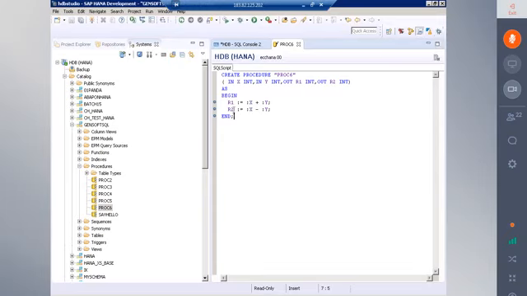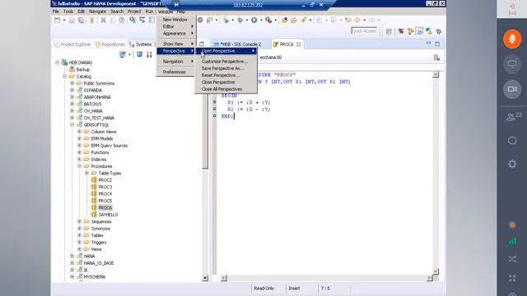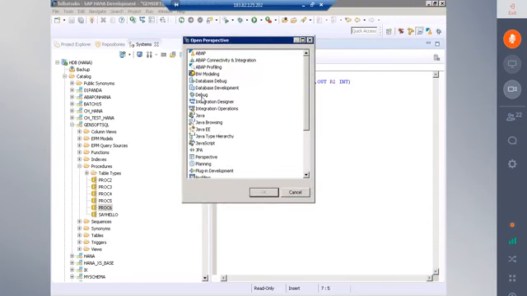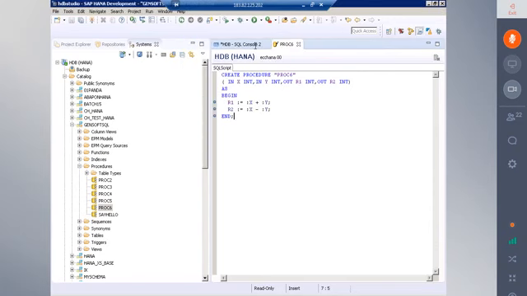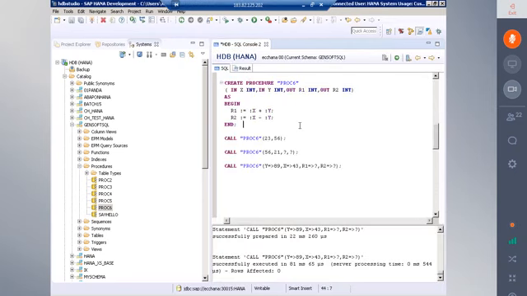Otherwise, how do we shift the perspectives? We'll choose the menu Window, Perspective, Open Perspective. From here I can choose Debug, or you can go to Other and select from there also. Anything is fine. Okay, I repeat once again. Let me close this. In order to debug any procedure, we need to open that procedure in